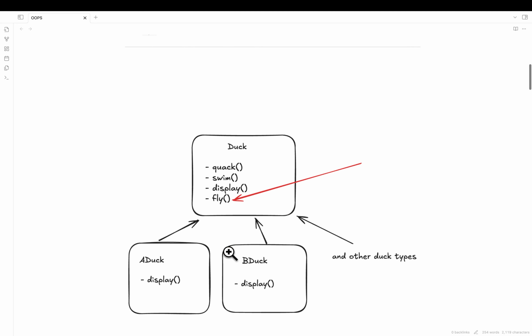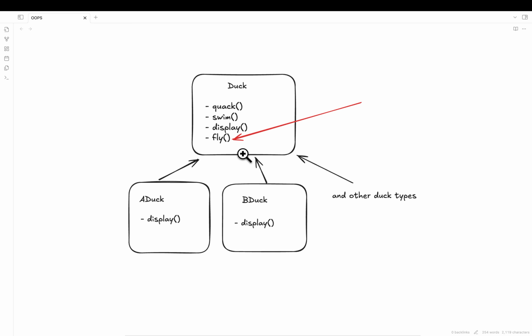So we just put a fly method, and now all the other ducks extend it and therefore get this fly method.